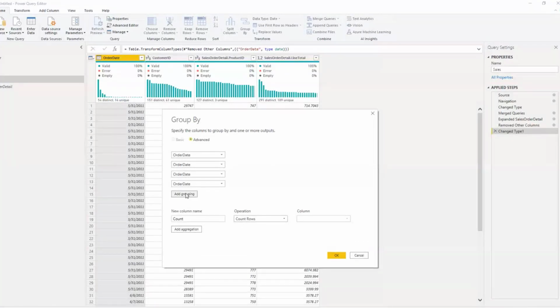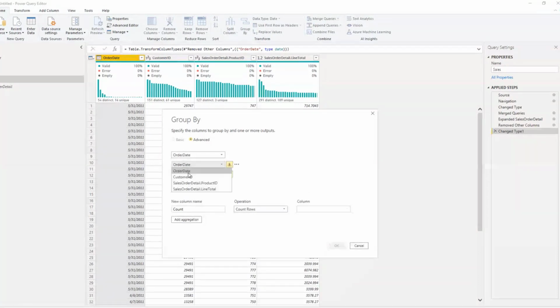Sorry, what I'll be doing, right, is grouping order date, customer ID, and product ID. I'll be grouping that and aggregating it by summing up line total, right? That's what I'll be doing. So for that, I will just need three grouping options. I will not need these two. So customer ID, product ID, there is a bit of messiness in the names, but we'll correct that later on. So no issues there. So I'll call this sales amount, right?